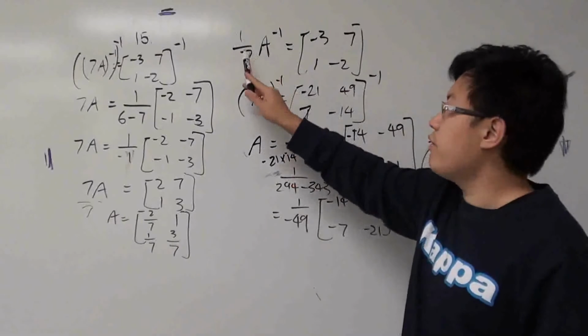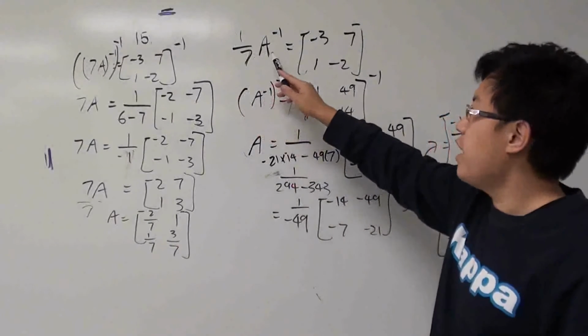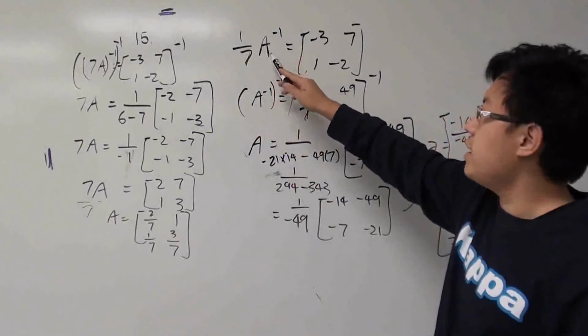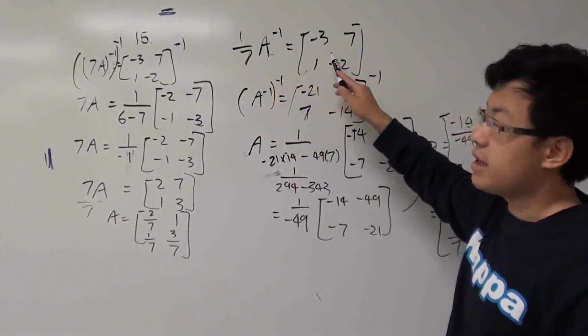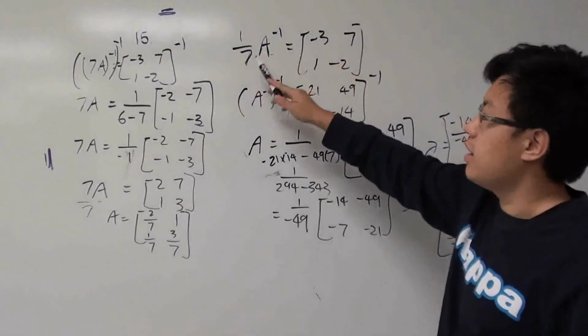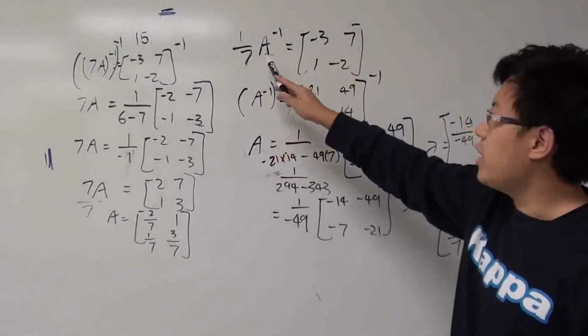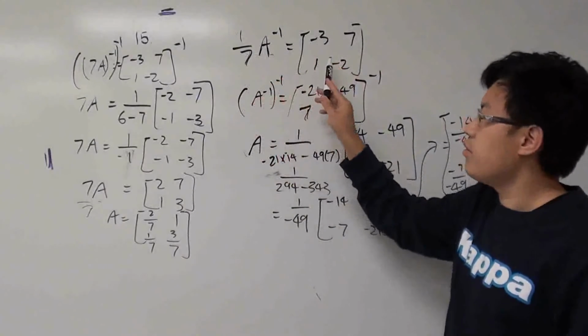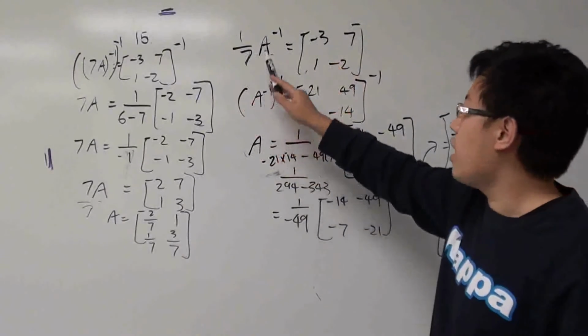So it's going to be 1 over 7, because the inverse of 7 is 1 over 7, and the inverse of A still stays in the same place. Nothing has changed because I didn't do anything to this left side of the equation. What I did is I just moved the 7 right from the get-go. So you have